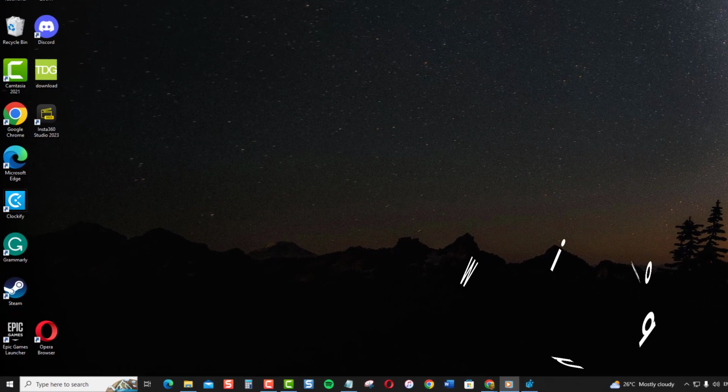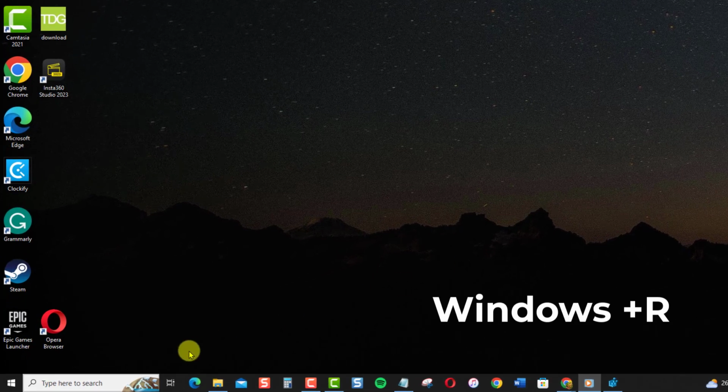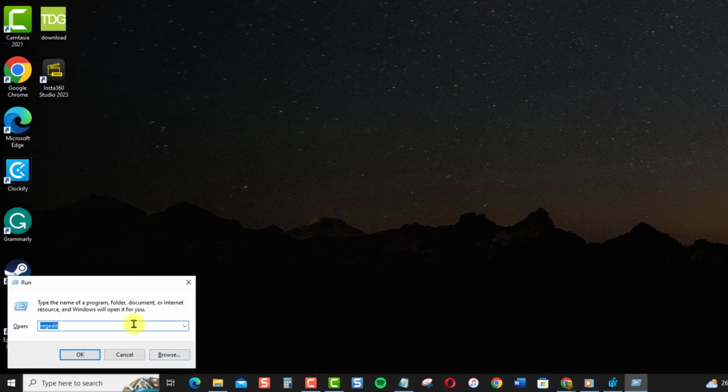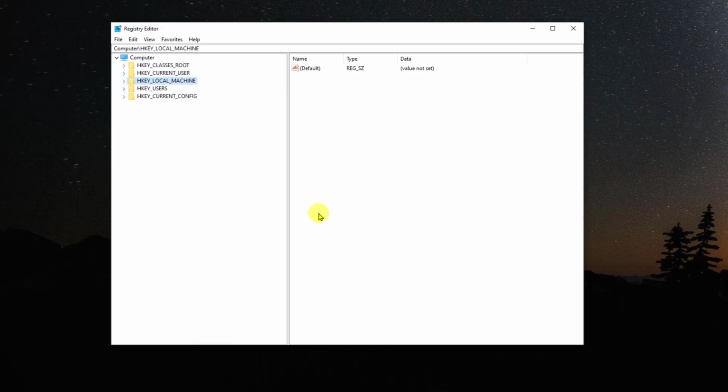You can also disable real-time protection settings using the Registry Editor. To do this, press Windows plus R to open the Run box. Type regedit and hit Enter. Navigate to